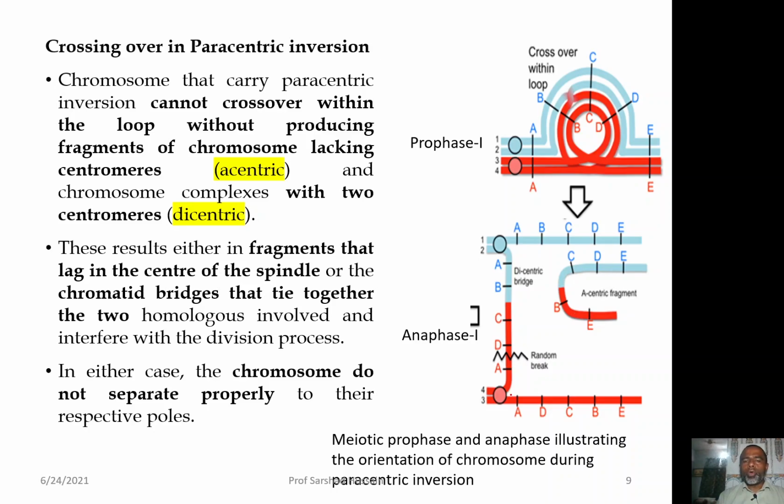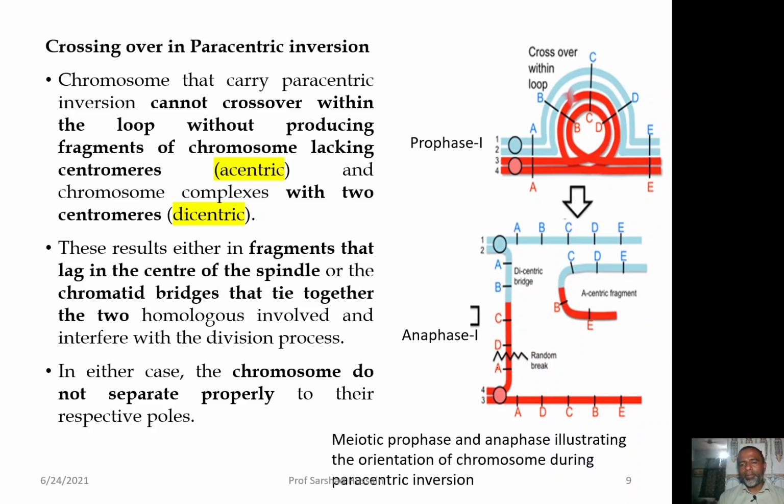So, you know well, when you have a chromatid which does not have a centromere, it will not reach any pole of the mitotic spindle. As a result, it will not be separated into a cell, thus it will be lost. So, this is the loss of genes. On the other hand, those which have two centromeres will be pulled to both sides. As a result, a random break may take place there, which will again lead to the formation of a chromosome which has a deficient number of genes.